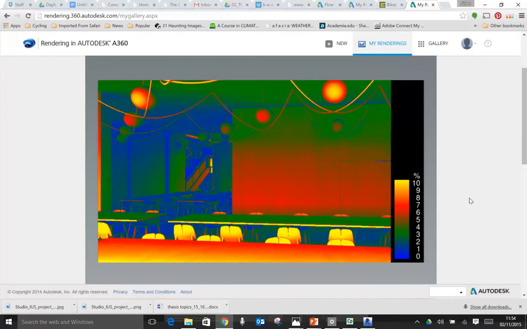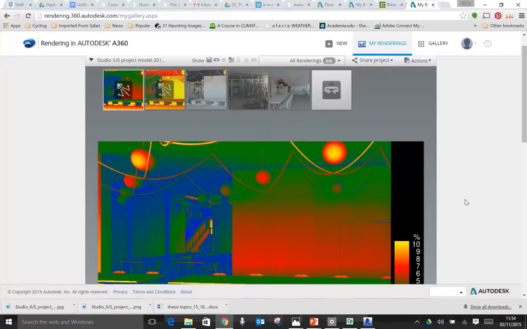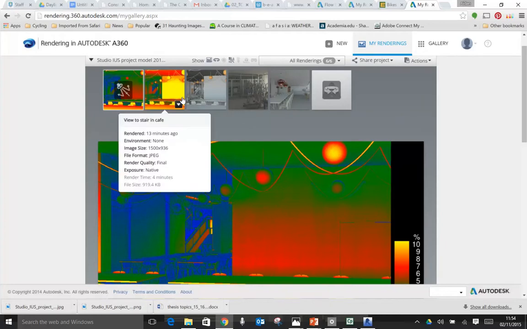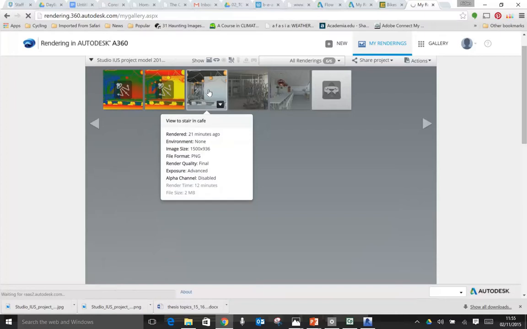Next week, we're going to look at how you can produce the same metrics in a plan view. Okay? Today, we're just looking at the 3D views. So we're going to have a break now, but that's the first stage methodology: from the same view, in order to understand the daylight in that space,